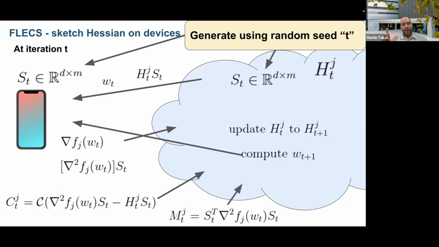There's actually one more thing I need to send from the workers to the cluster, to the cloud, which is this matrix here. Again, the size of this will be just m by m. And you can compute this one locally on a device, because you can see you have already computed this here. If m is just 1, it will be d times m. Then multiply this one by S transpose again, and you will get an m times m matrix, okay? So I will not send only the gradient and this, I will also send this quantity here to the server, but this is just an m by m matrix, which is super small, okay? Think about m like 1 or 2 or 4, okay?